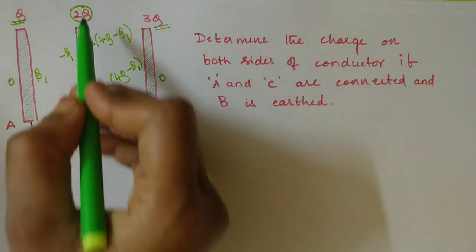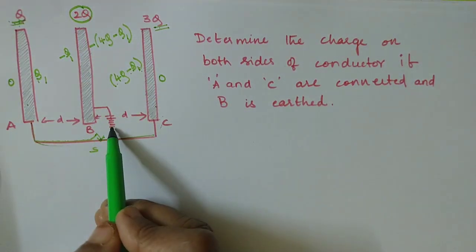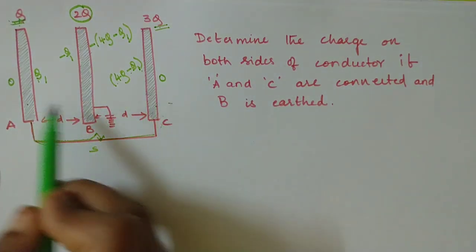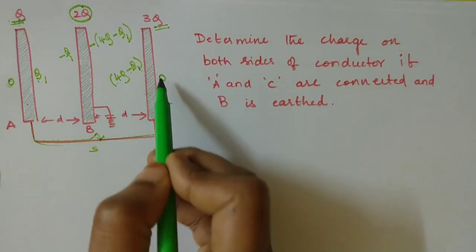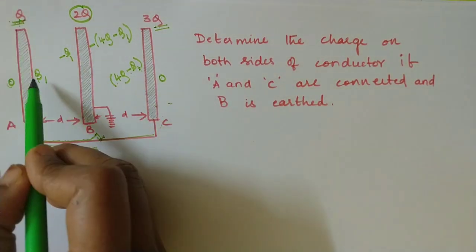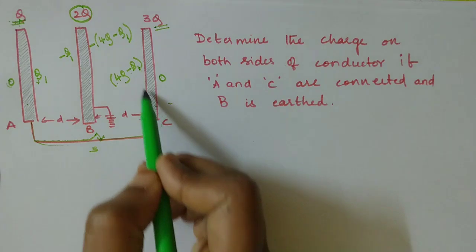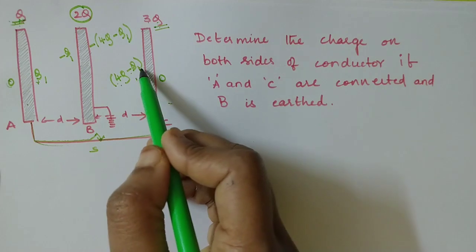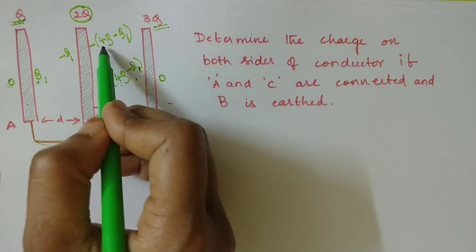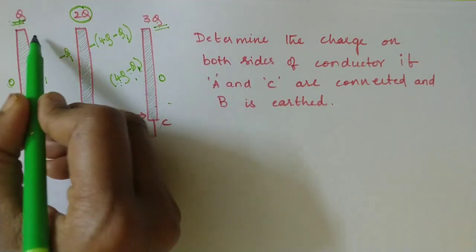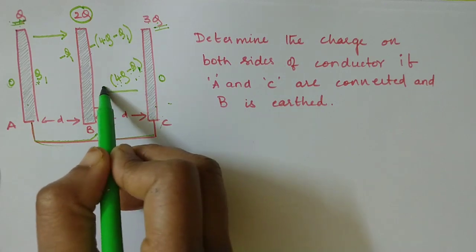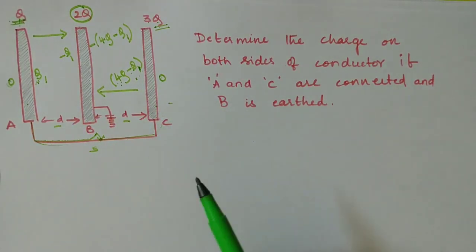Again I am repeating the steps. Circle the charge on the insulated, earthed surface. Then Q plus 3Q are distributed only between these two. And since you are earthing it, here charge will be 0, this side also charge will be 0. So let the charge on this side be Q1. Remaining will be on the other side. What is the remaining charge? 3Q plus Q is 4Q, 4Q minus Q1. If this is 4Q minus Q1, opposite. If this is Q1, it is opposite. So electric field is directed from positive to negative here, and here electric field is directed from positive to negative. So here I gave the distance D and D. If the distance is something else, you use that particular relation.